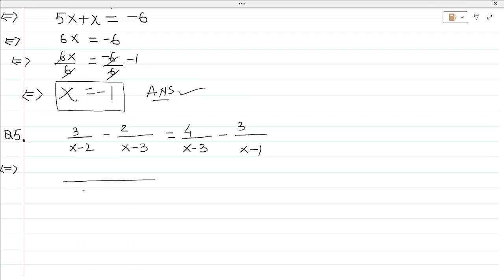It will be the product of x minus 2 and x minus 3. When we divide this LCM by x minus 2, we will get x minus 3. That x minus 3 will be multiplied by the numerator 3, so we can write it as 3 multiplied by x minus 3